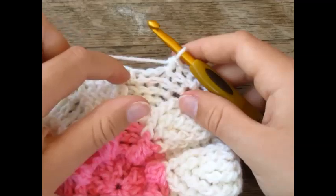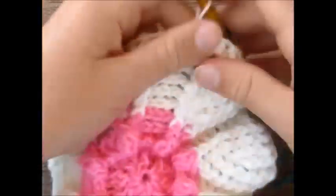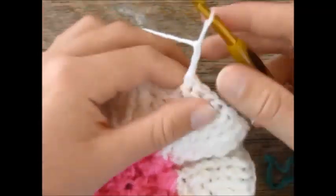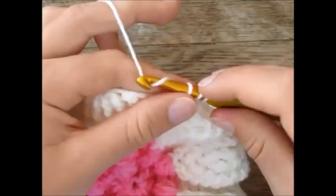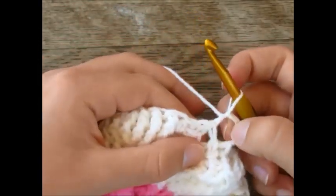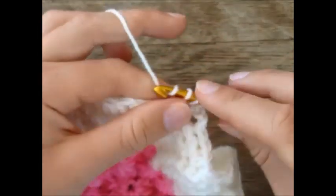And normally it seems like we'd continue to the end and then continue our raised stitches, but actually we're going to make a corner right here because the end result is a square, not a circle. So we're going to make our corner by just chaining 2, and then we're going to continue on with our back post half double crochets, 1 in each stitch from the previous round. So as you can see, we made a little loop here, which will serve as the corner in the future rounds. So now my next one, 1 back post half double crochet,